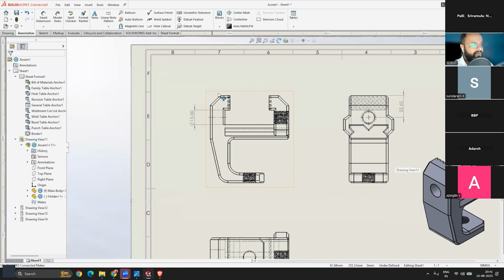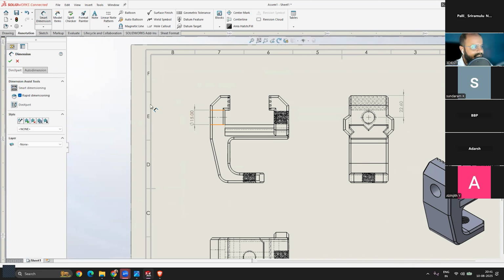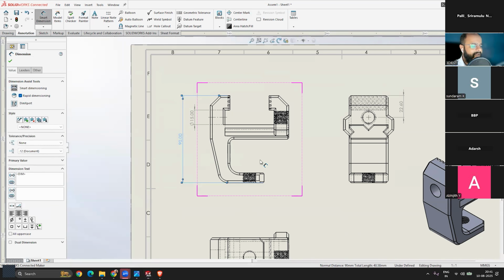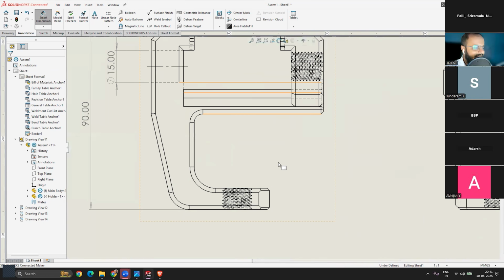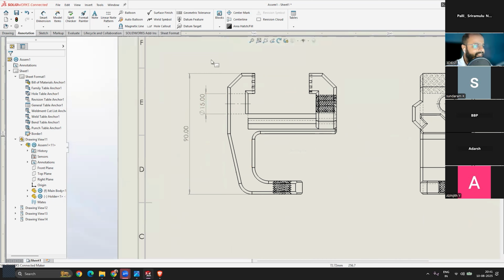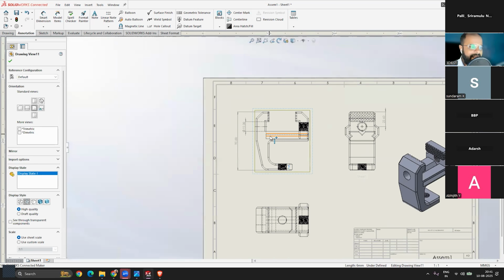Now, what is the overall length of this body? Again, activate the smart dimension tool, select the top and the bottom, drag outside and place your dimension anywhere. This is the length. Here you can see this is the length of my complete drawing, and that is 90 millimeters, because right now we are working in the millimeter gram second system of units. So all the dimensions that you are adding here are in millimeters, like 90.